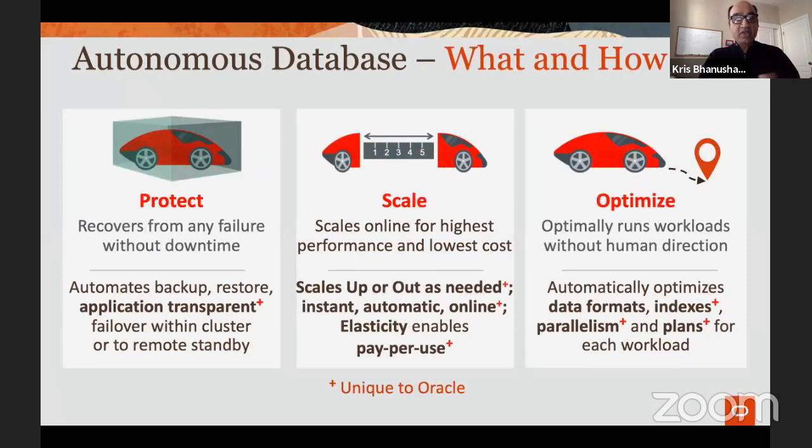And then the other three are, of course, protection from failure, or in a way, protecting your application from any outages. There's a variety of features that Oracle has built over the years that have come together to provide that level of HA that your application expects. We'll take a look at some of that and also see how, when you scale or when you perform any maintenance operation on the database, the application can stay on and available to your business.